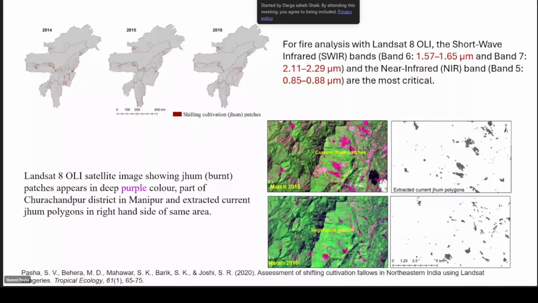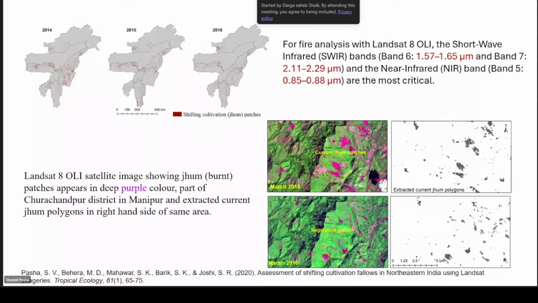Like this, once you go with 4 or 5 years of data, now GIS comes into the picture. Now you go for satellite data integration, meaning you can go with hotspot analysis and shifting cultivation patch analytics. All types of analytics will come once you extract the Jhum or fire patches.